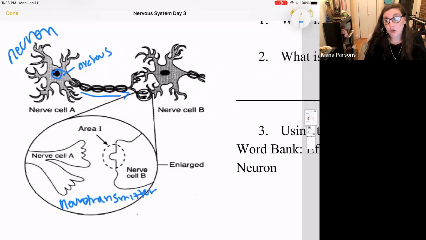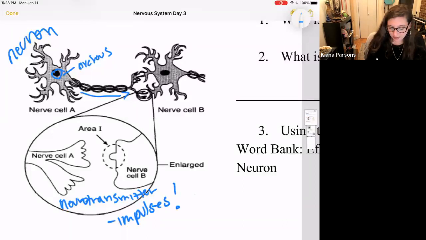our body's electrochemical messengers that communicate or send messages from one nerve cell to another, or impulses, as they're called, right? They're electrical impulses. One sends them to another through this little gap called the synapse. And so when nerve cell A releases the neurotransmitters into the synapse, they are received at this